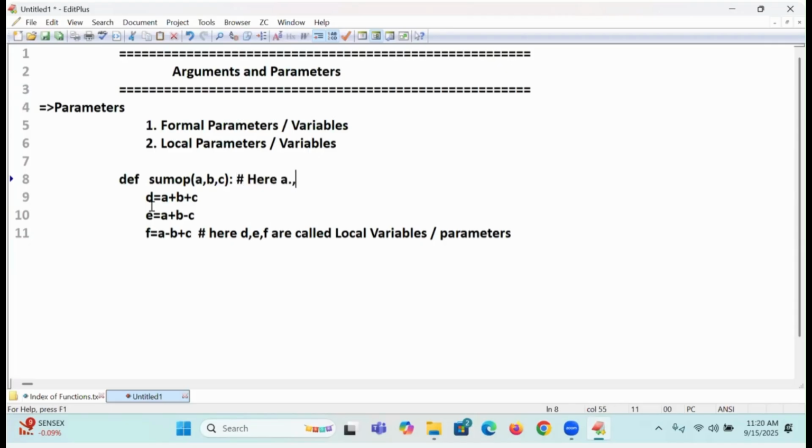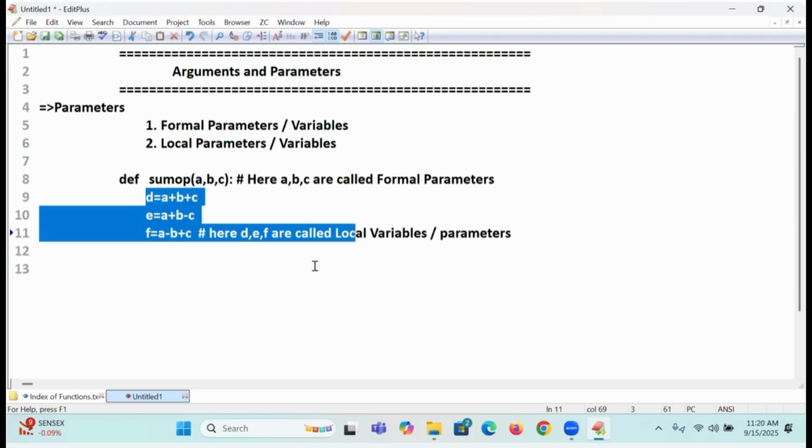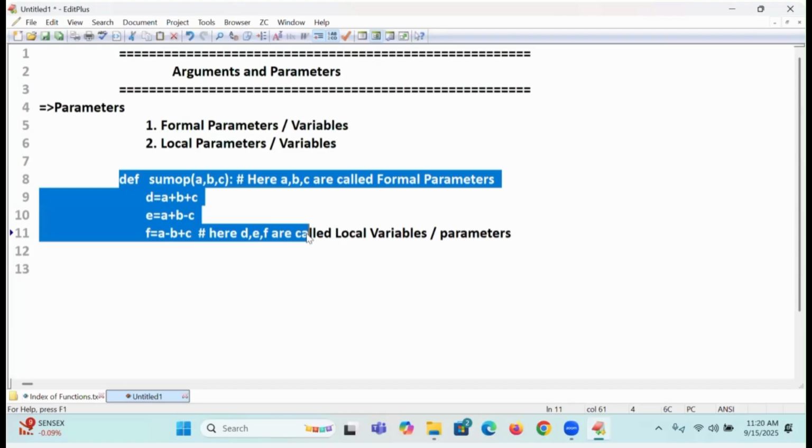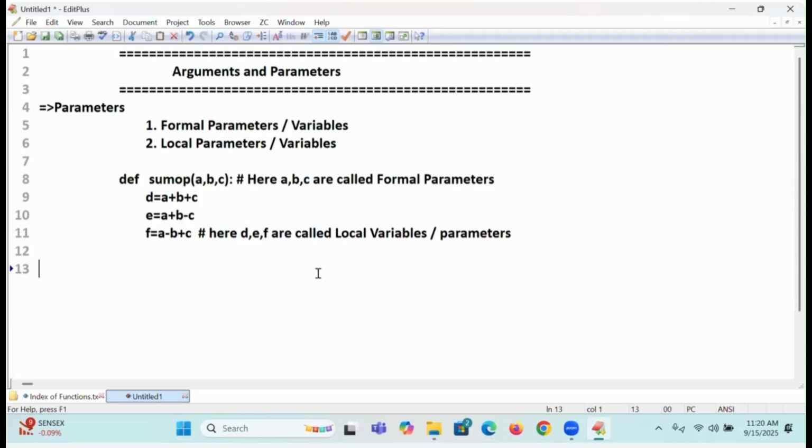Here A, B, C are called formal parameters or formal variables, we can also call them. This part also completed. Today, this part we already had clarity. And these two things we can access only inside the same function body. Now when you come to arguments,